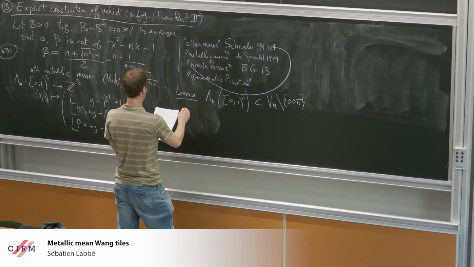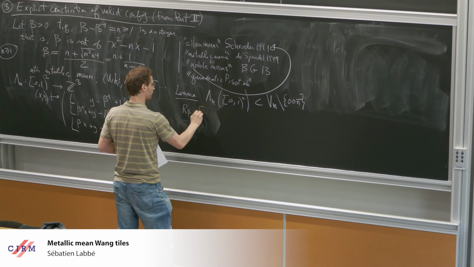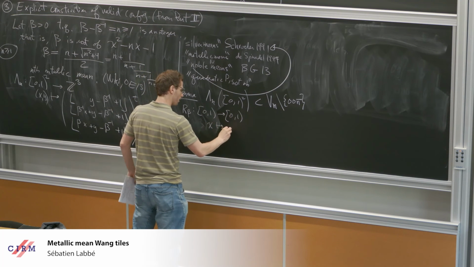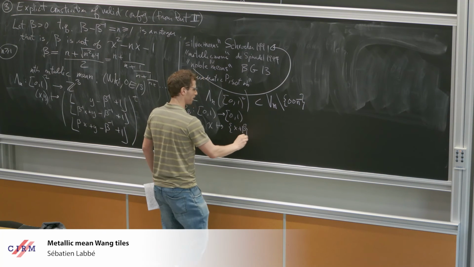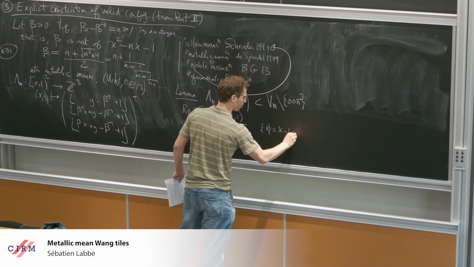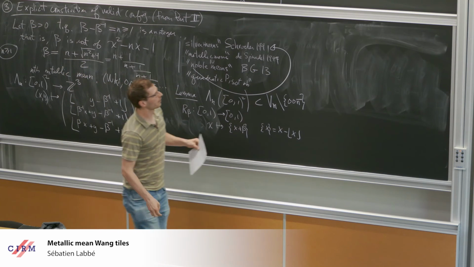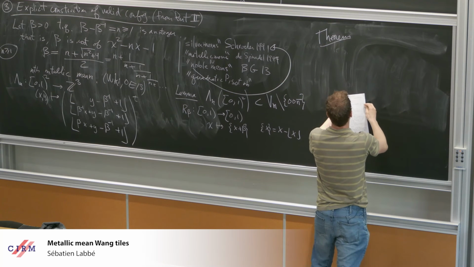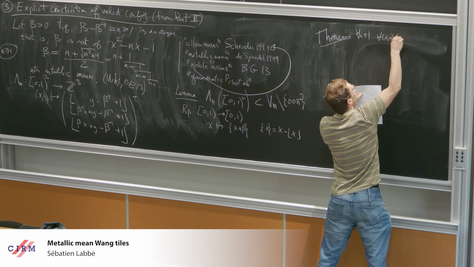So now you do this. I have two theorems to state. I hope I will have time to state them. You define a rotation by beta on the unit circle using the often used notation of the curly bracket. So the curly bracket of x is x minus the floor part. This gives you a rotation by beta on the unit circle. And then you can construct a configuration using that. So for every n, for every starting point (x, y) in the unit circle,